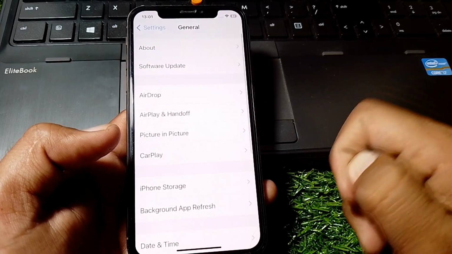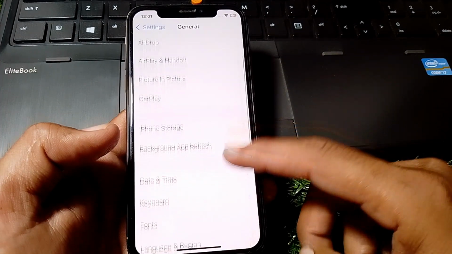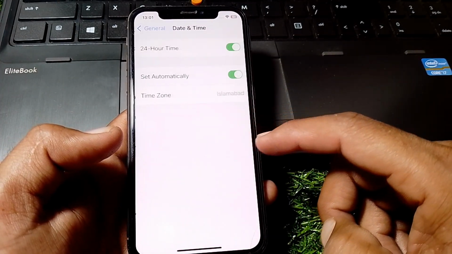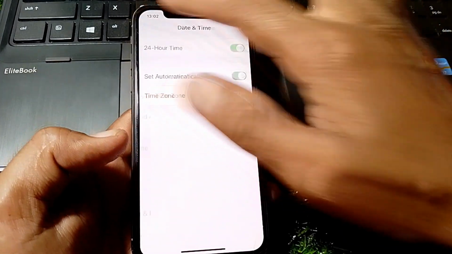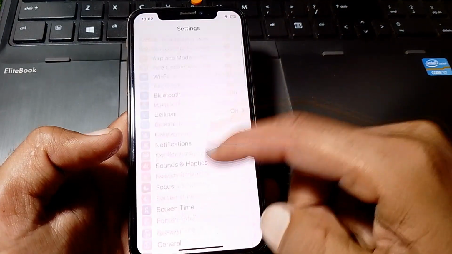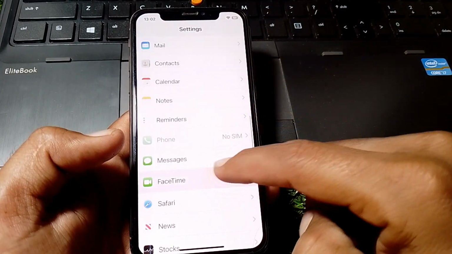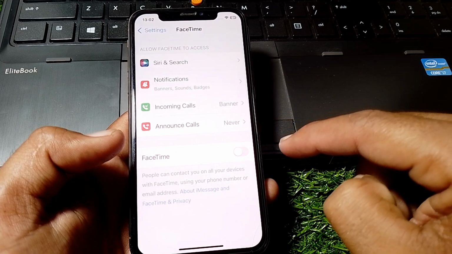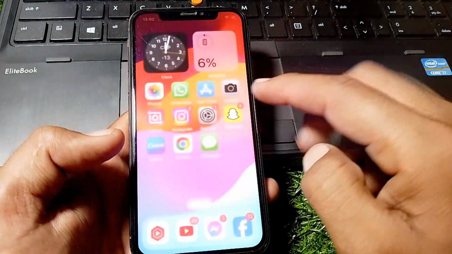and tap on General. From here, go to Date and Time, and make sure that your date and time is correct. Then close this page, open the settings, scroll down, and go to FaceTime. From here, turn off your FaceTime and close this page,